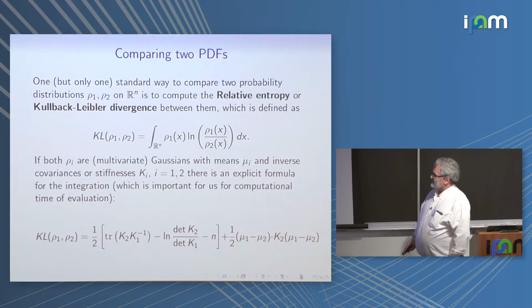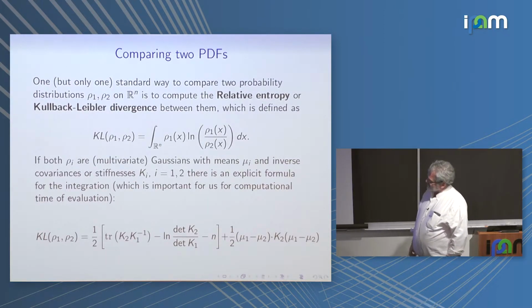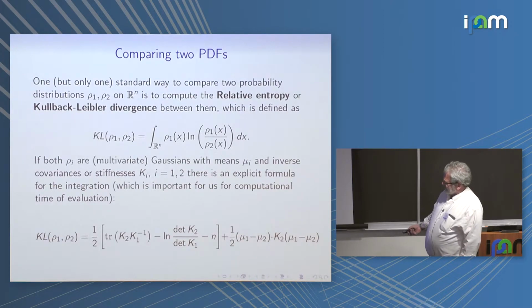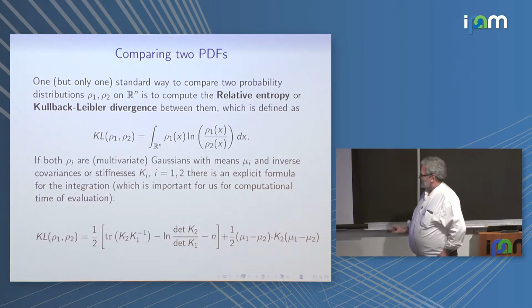We've actually heard various discussions of this. Certainly, comparing two PDFs, one way is the relative entropy, the Kullback-Leibler divergence. That's the formula for it, but I guess most people here are familiar with that. The key point for us is we're going to do millions, if not tens and hundreds of millions of cases. Of course, there's a closed form, because otherwise that's a phase space integral, which is a disaster, except when it's a Gaussian. Even evaluating the determinants, you have to worry about the linear algebra, but because it's banded, you can do it. So you can evaluate that.